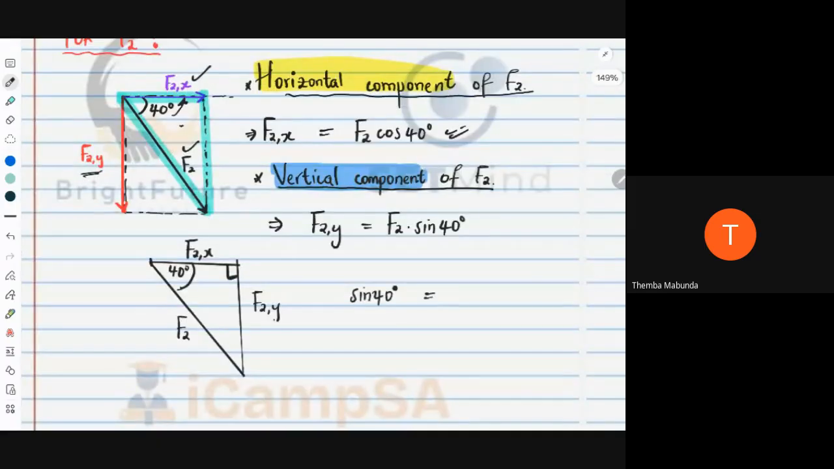Sine 40 is, remember, we said it's opposite over hypotenuse. And this opposite over hypotenuse is simply F2Y, the side opposite to the angle 40, and then the hypotenuse is F2. Then from here, you have sine 40 being F2Y over F2. This is over 1. So you can cross multiply